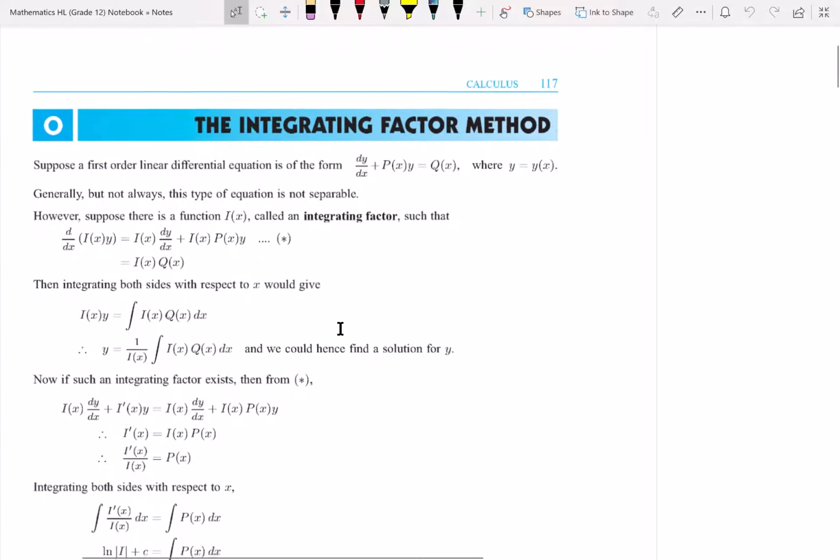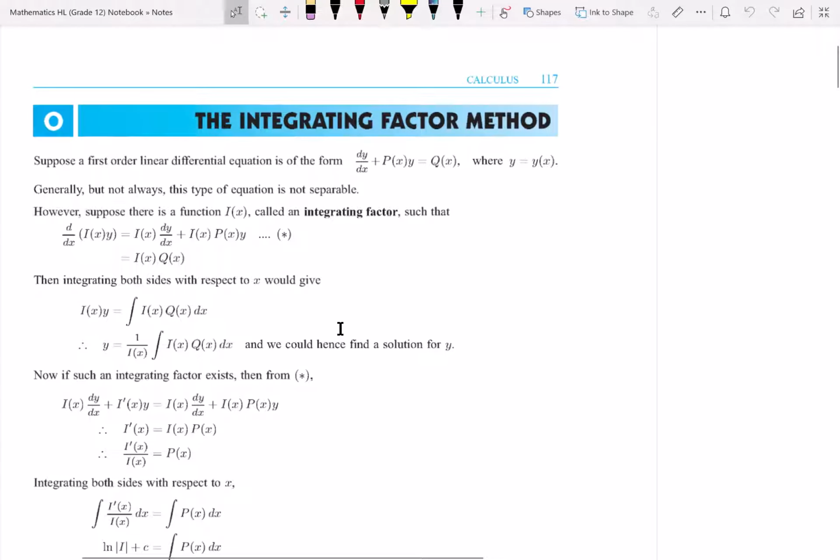Hi guys, today we're going to look at the integrating factor method as well as using Taylor series to help solve differential equations. So what we've learned so far is separation of variables and how to solve a homogeneous differential equation using a substitution. Basically, when solving differential equations, you have a bunch of tricks that you try to pull